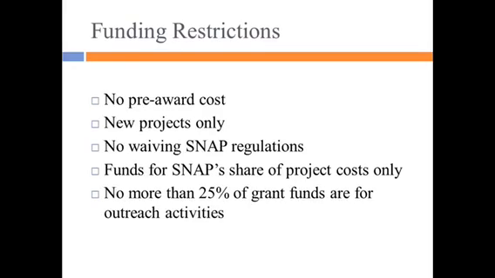Projects that are predicated on waiving SNAP regulations are not allowable, and the funds can only be used for SNAP's share of project costs. That is, if a project includes programs other than SNAP, the budget must show how the costs are allocated among the benefiting programs and demonstrate that this grant is only going to fund SNAP's share of the project costs. And finally, the project cannot devote more than 25% of the requested grant funds to outreach activities,